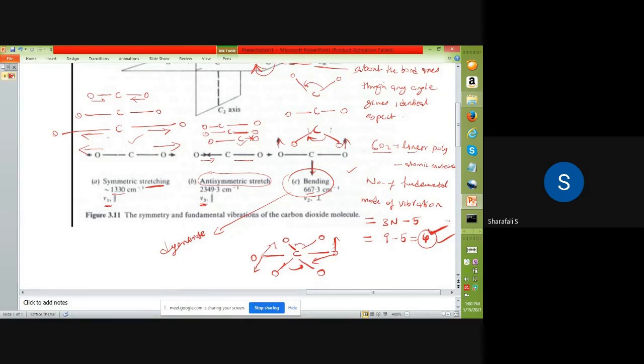So this time also the angle will change. So this is another mode which is also a bending mode with the same energy, same frequency, same spectral position at 667.3 centimeters inverse, but in a different direction. So the mode of vibration is different, but the energy is the same. That's why it is called a degenerate state or degenerate vibration. So with this mode also, into and out of the plane, into and out of the screen, we have the total number of fundamental vibrations, which is for the case of carbon